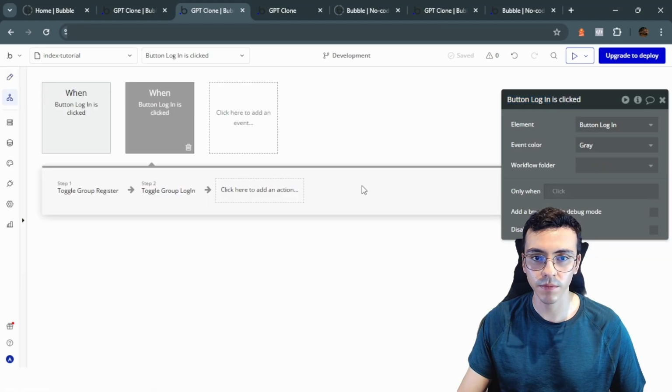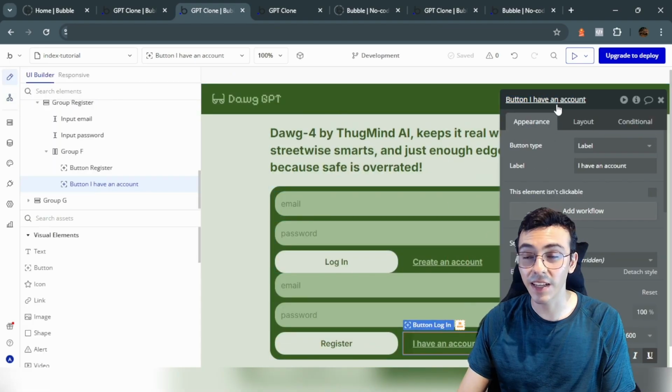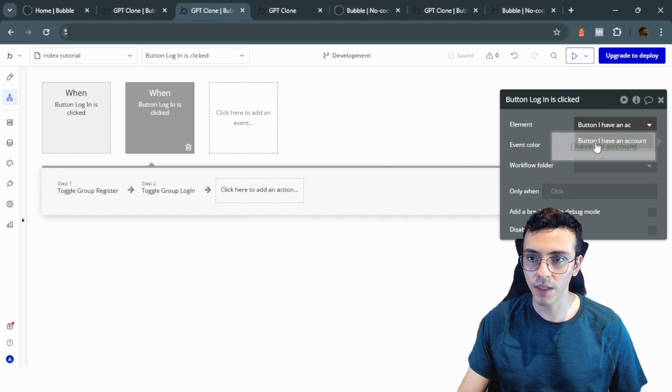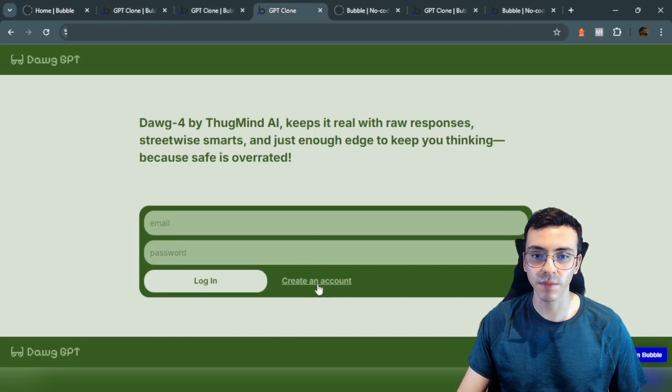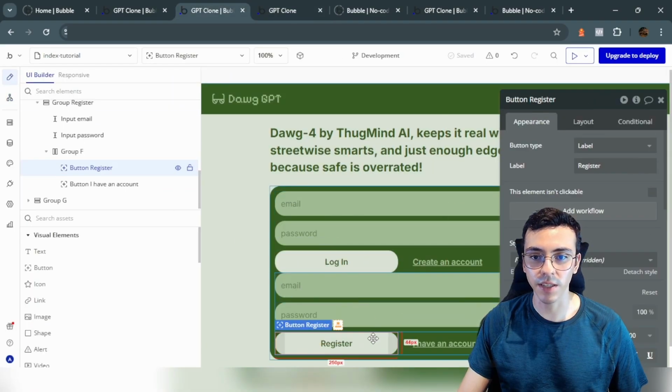Ctrl C. Let's rename this button, delete the name of the button, and it is going to rename it automatically. So Ctrl C, workflow, Ctrl V. Okay. Now we can switch between the two groups,